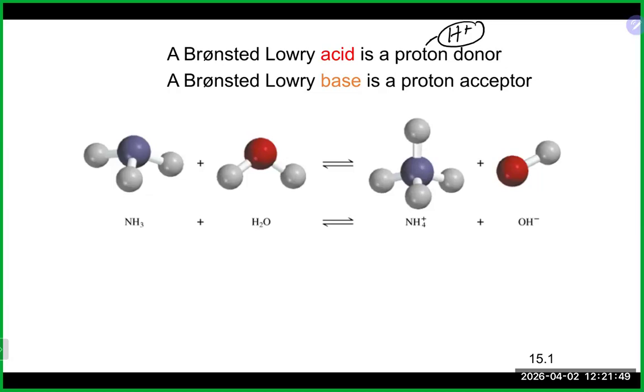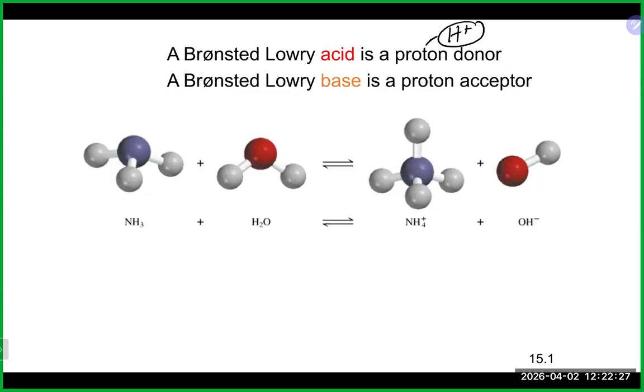The H plus is actually really important here, because people get the H part of it, but the positive charge is also really important. If you lose something that is positively charged, so if you lose an H plus, you're going to become one more negative, right? You basically lost a proton, so now you have more electrons, so you become more negative. And if you gain a proton, you're going to become one more positive. So it's really important: the sign of things does change as somebody gains or loses an electron, or I'm sorry,